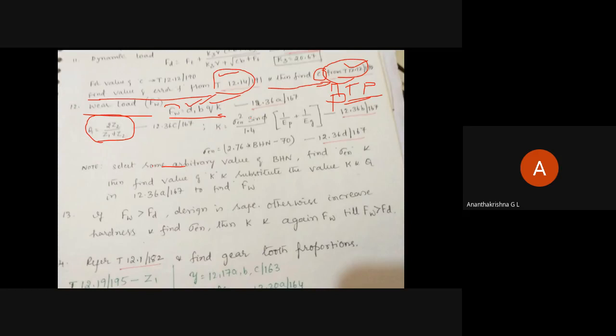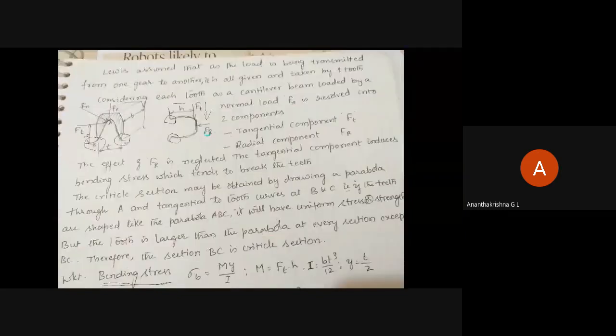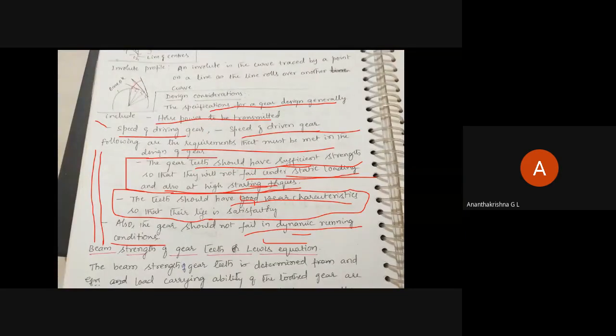So we are considering endurance strength here because we need longer life of the gears. So that is one of the requirements. One of the requirements is that the life of the gear should be longer. That means it should have good wear characteristics. It should be strong. So we have taken the Lewis equation, and good wear characteristics. So we are now talking about wear load, and then we talk about it should not fail in dynamic conditions. So therefore we are considering dynamic load also, that is FD, and it should have a long life.